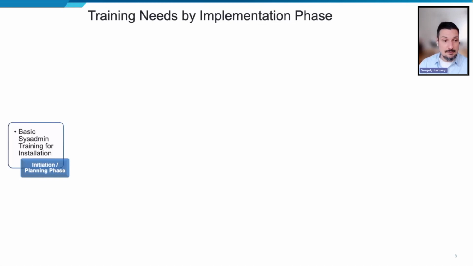But how does a training program fit within the implementation of Codebeamer ALM? So my next slide is about this fit. I'm just going to go through the various phases of implementation and say a few words about the training requirement of that phase. So the initiation or the planning phase, right at the beginning, requires a basic sysadmin training for